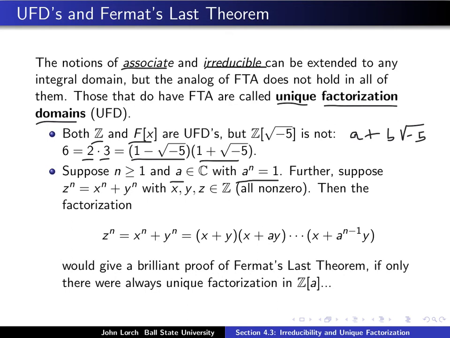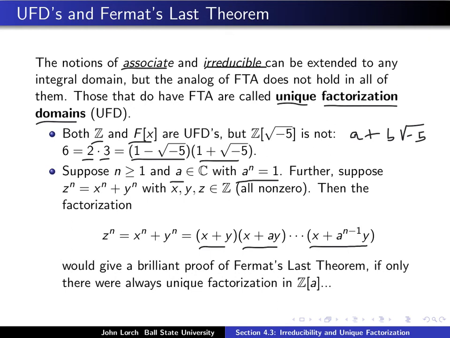We can take x to the n plus y to the n and factor it into a product of these binomials that involve the nth root of unity, a. Now, it turns out that that factorization could be used to give just a brilliant, short proof of Fermat's last theorem